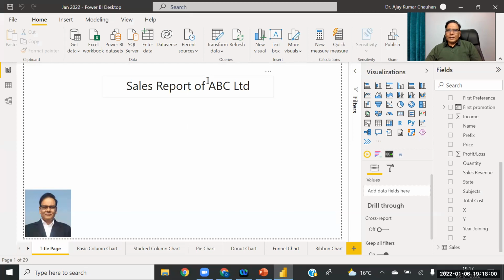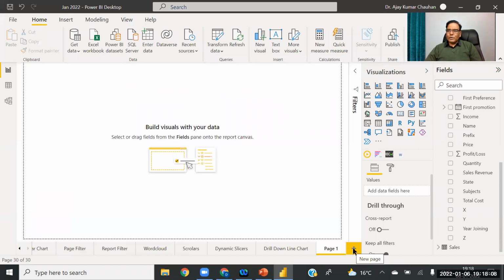So now we are moving again to the visualization part, and let's make some more beautiful charts. First of all, let me make the pages. This page is drill down pie chart.